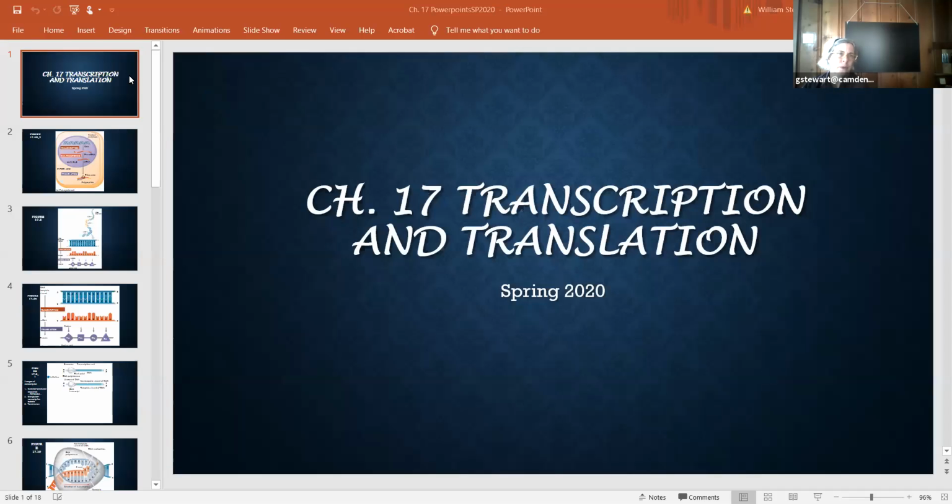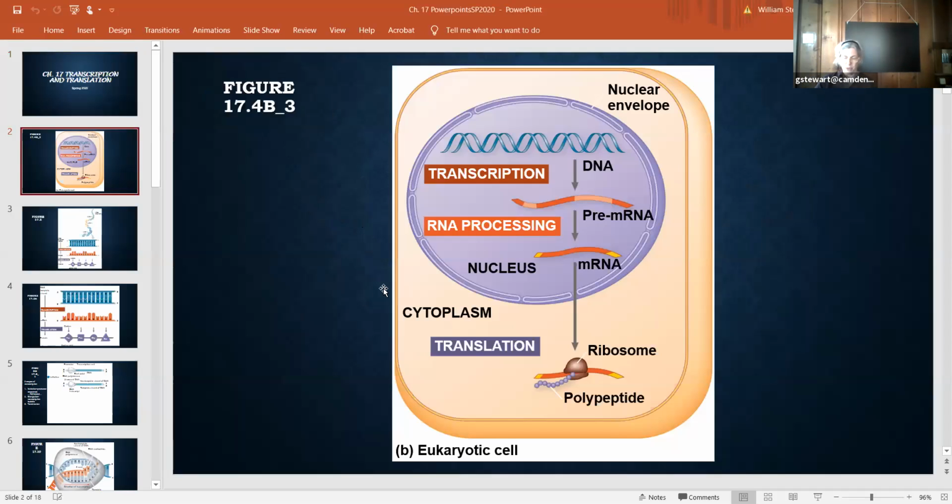All right, so this picture here sort of introduces transcription, which is what we're going to mostly focus on today. And transcription is going on all the time in the cell. It's different from replication in that replication is only happening when the cell is getting ready to divide. So all the DNA needs to be copied, and it only happens in S phase of the cell cycle before